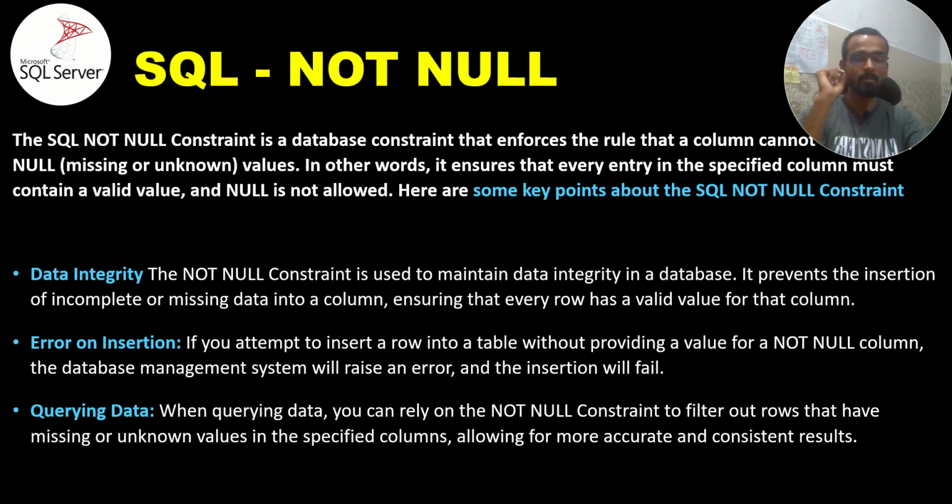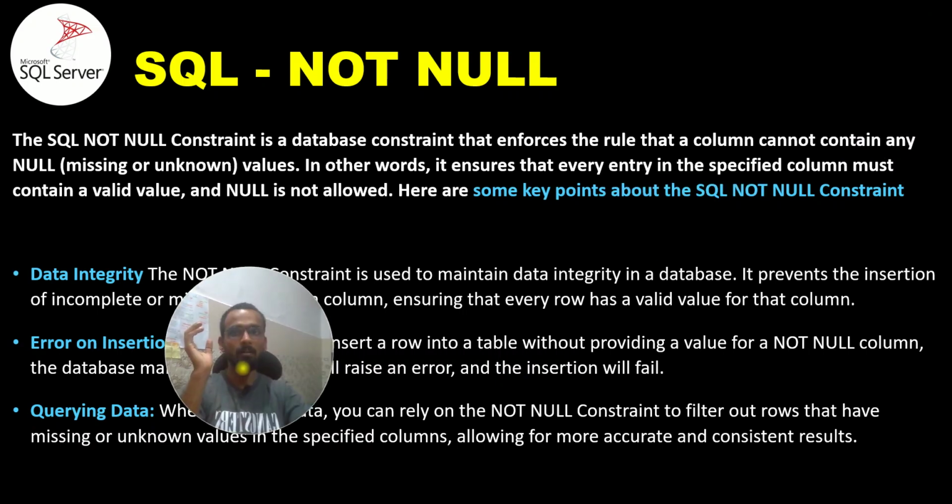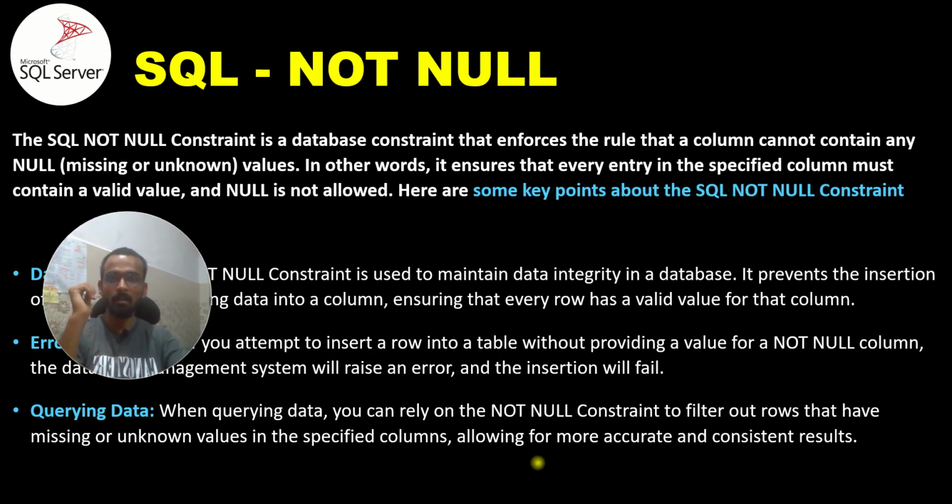So if by mistake someone avoids it, or we don't have data for that particular column, it will not be left blank; it would particularly get a null value. But that is a crucial part for our further inquiry on that table. Let's say we want to find the data on the basis of that zip code; a null would not be appropriate for our query. So not null provides that kind of efficiency in this scenario. This is the overview and high-level clarification for not null. Let's get started with its definition.